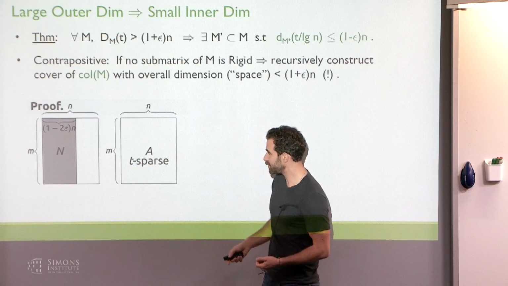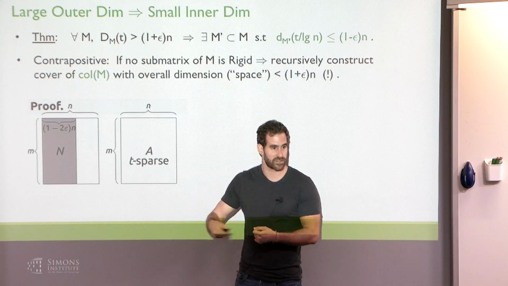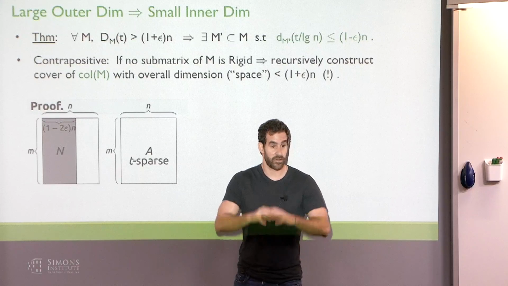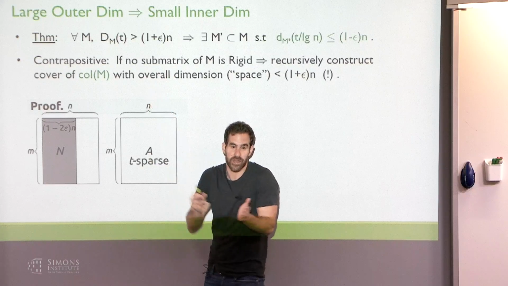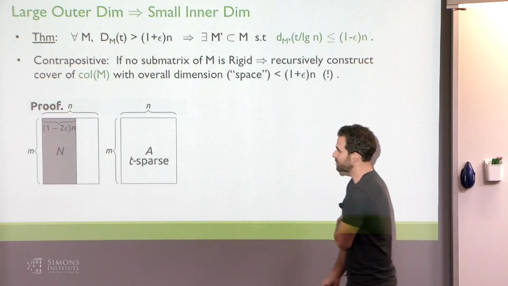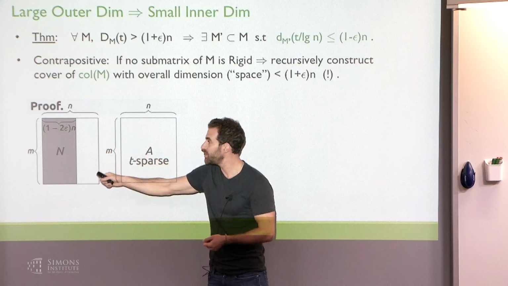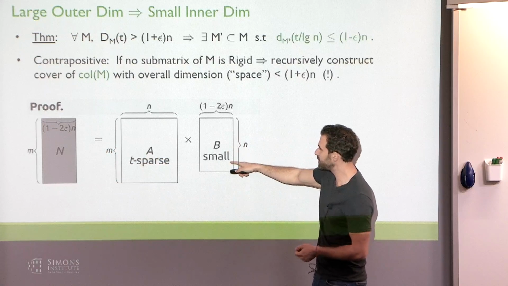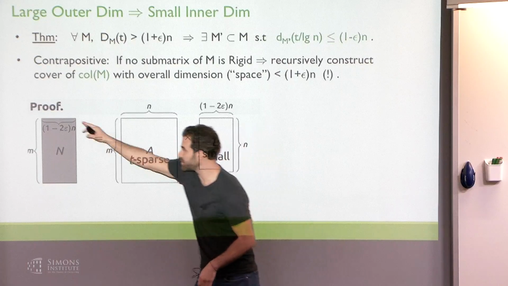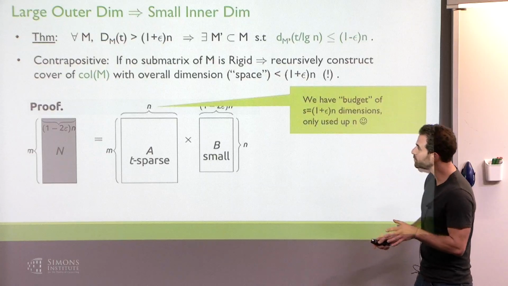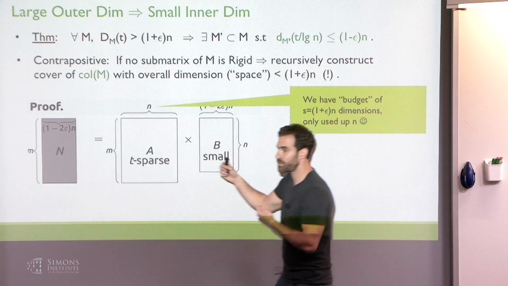The idea is that we're working in the contrapositive fashion. Suppose it's not rigid. I will gradually construct a too-good-to-be-true cover of the entire column space, and that will contradict the fact that the outer dimension is small, since I will cover it with too few dimensions of space. So we're done with half of the columns. This is exactly what it means that A covers this fraction of the column space. And the good news is that, remember, the lemma says that we managed to cover this fraction using a very cheap